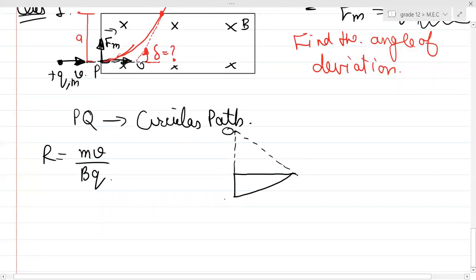From the center to the point P, how much is given? The radius is how much? From here to here, this is r. From here to here also, this is r. Yes or no, guys? Then OP and OQ will be equal to r, which we know the value of. This much is given as a.